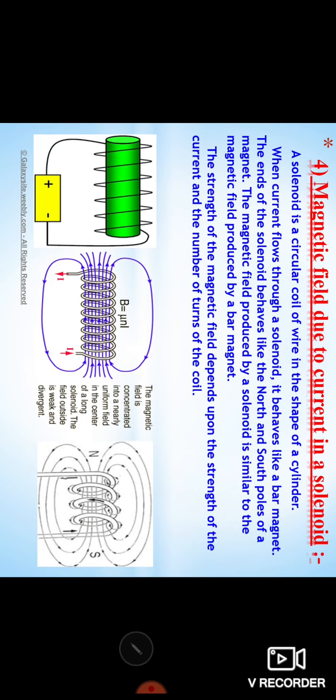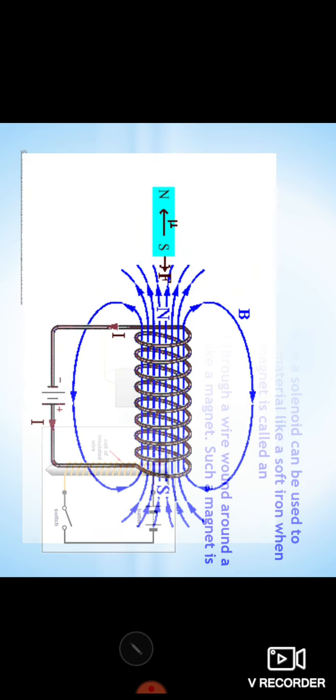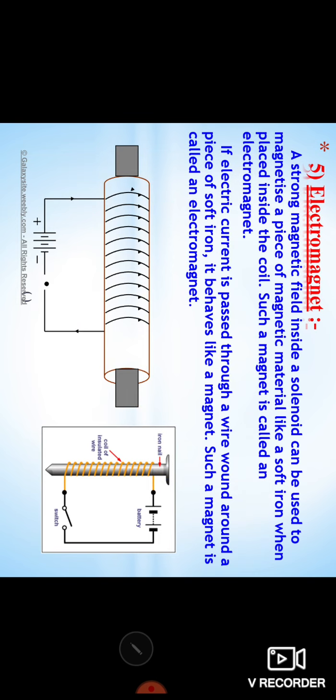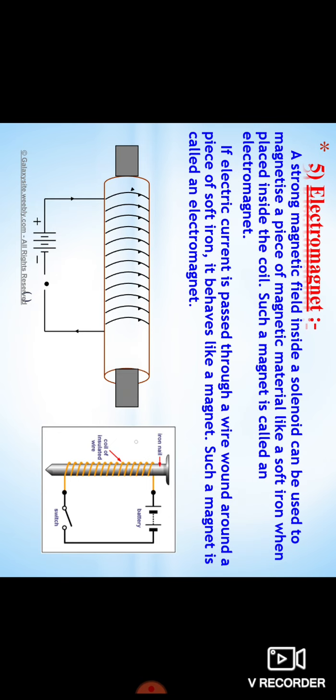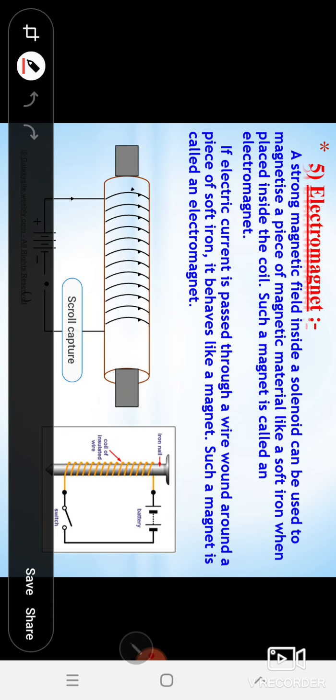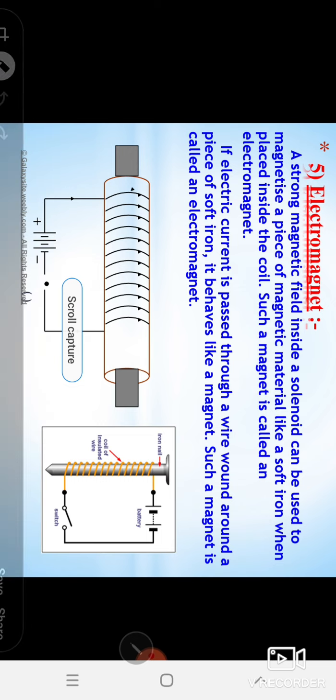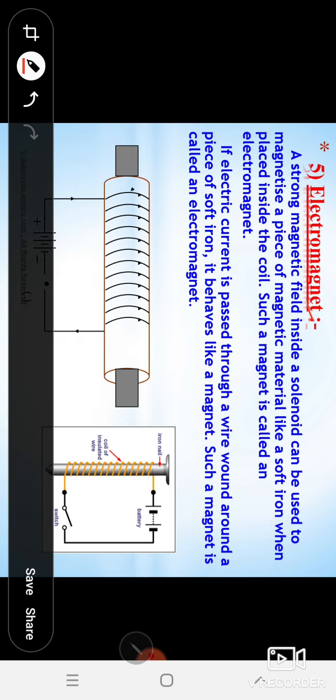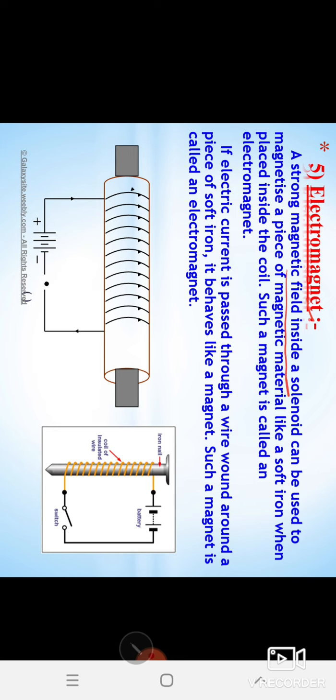And after this, the very next important concept is the electromagnet. Often you may have heard the term electromagnet, whether in the manufacturing of TV, radio, refrigerator, or a mouthpiece, that means the phones we are using for audio information purposes. An electromagnet is a magnet, a strong magnetic field inside a solenoid.